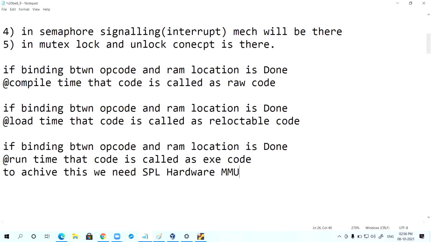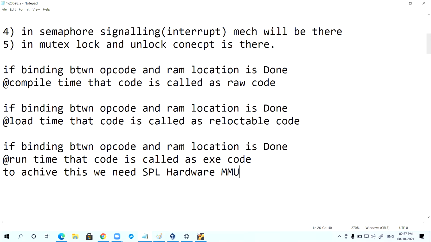Who will create compile time binding addresses? Cross compilers will create. An example for load time binding is your .o file, the object file. An example for runtime binding is your executable files.